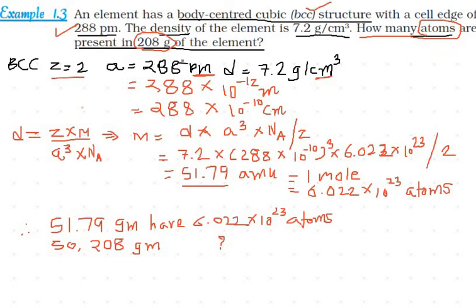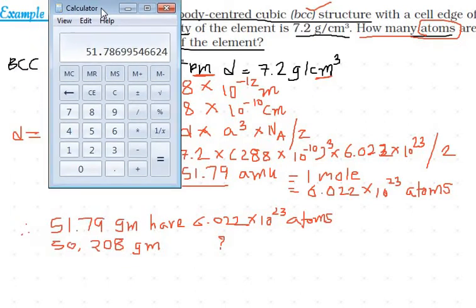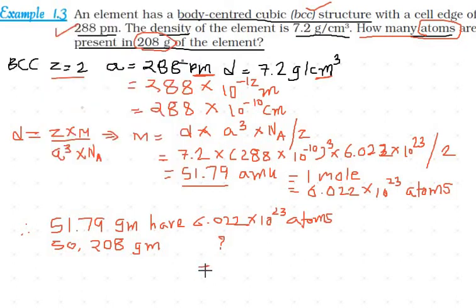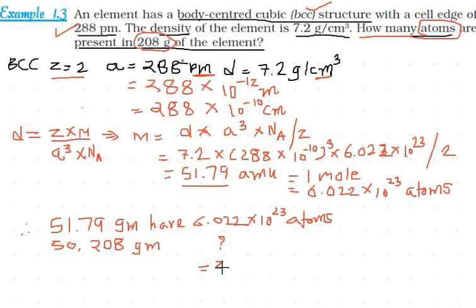Okay, so let us calculate this using calculator. We can say 6.022 into 208 divided by 51.79, and that comes 24.18 into 10 to the power 23, because we have kept this power intact. So the answer will be, let me write this, 24.18